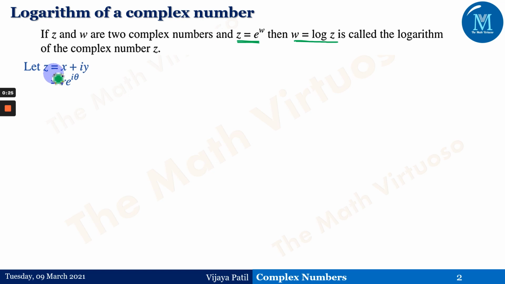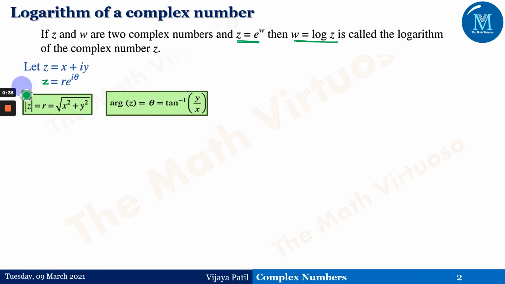Now let us consider z equals x plus iy, which is in Cartesian form, which is equal to r into e to the power i theta. So z is expressed in terms of the exponential form as well. Now this is one relation. We will look back to this particular session later on. Now log of z is log of r into e to the power i theta. So that means in this second equation we have applied log to the base e on both sides.